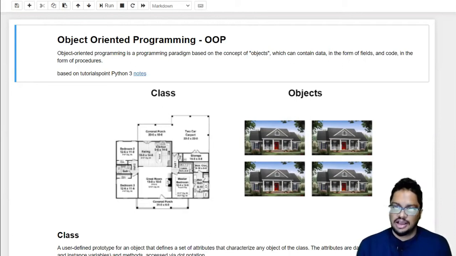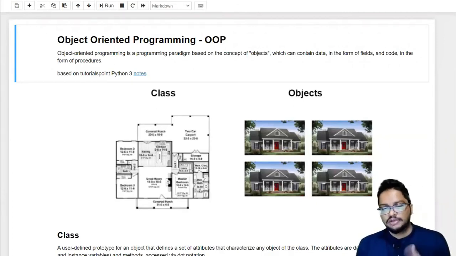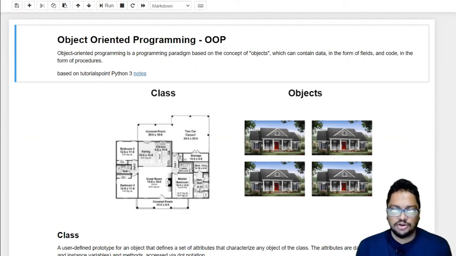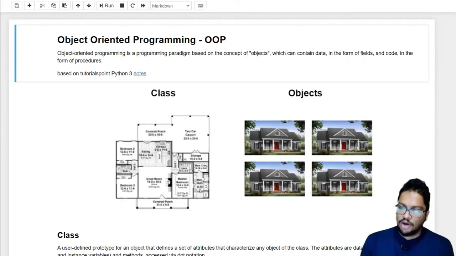So without knowing that, we have already used object-oriented programming in our code under the modules topic. But anyway, we will now get to know about object-oriented programming, meaning classes and objects, and then see how we can implement code in Python related to it.